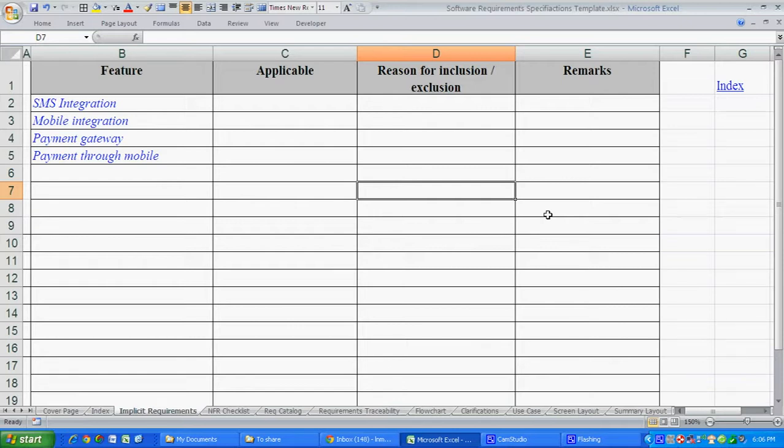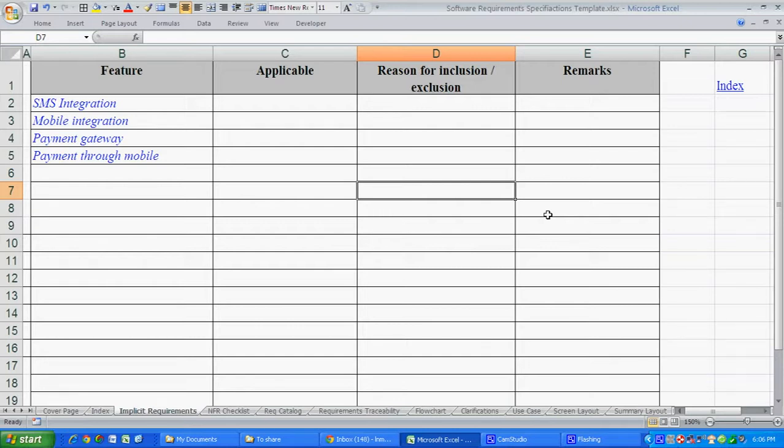verified with the client. Say, for example, in one of my earlier client engagements, I had found that SMS integration was a key requirement which was not stated. But when the product went for user acceptance testing, the user simply refused to believe that a product was delivered without SMS integration. So the whole process got delayed by about 3 months, because this expectation was not clarified in the beginning with the stakeholders.